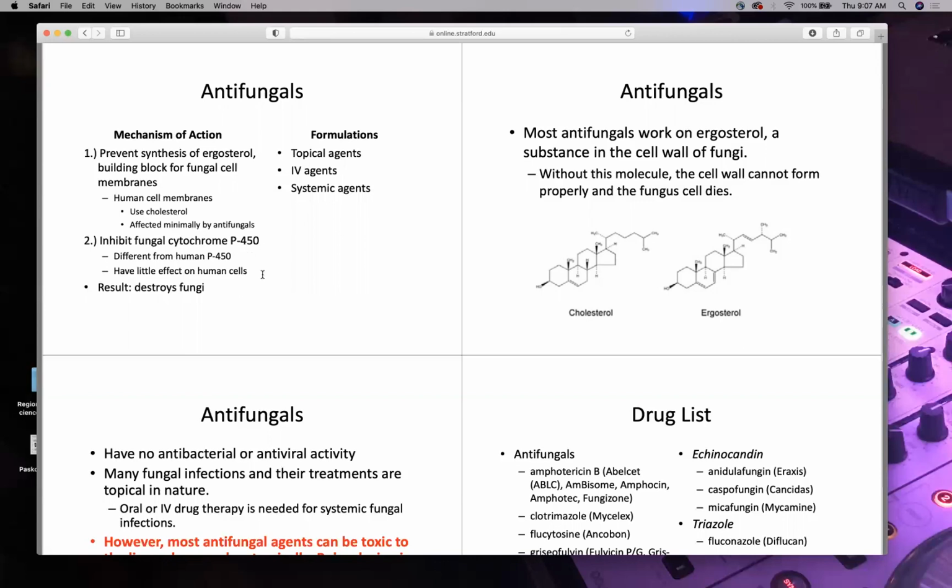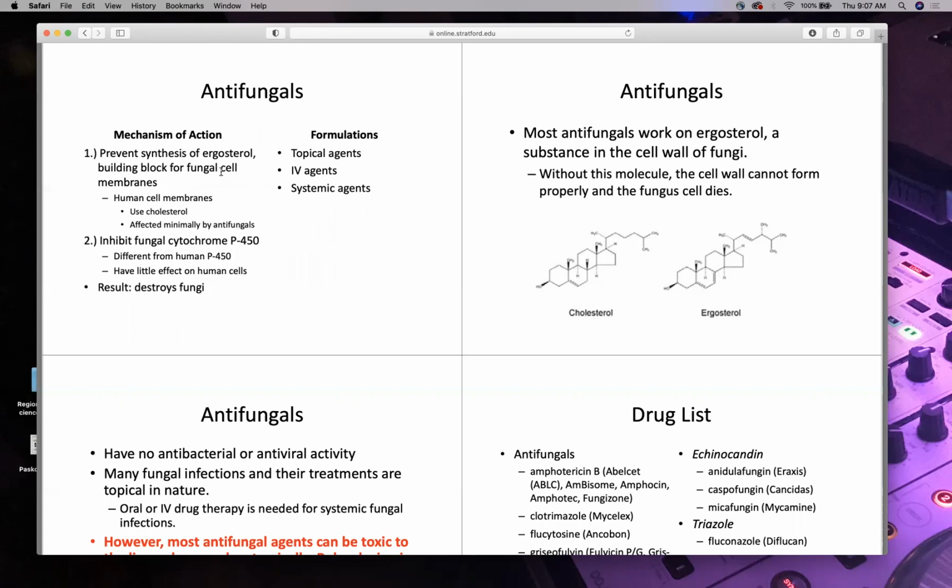Another thing that it does is funguses have these enzyme systems just like us. We also have cytochrome P450, right? Cytochrome P450 is part of our enzymes and metabolism in our liver. So if you destroy something equivalent to your liver function and metabolism function in a fungus, you'll kill that thing too. And they have topical, meaning creams, IV, of course, we put it intravenously, and pills that are systemic. It'll go throughout your entire system.